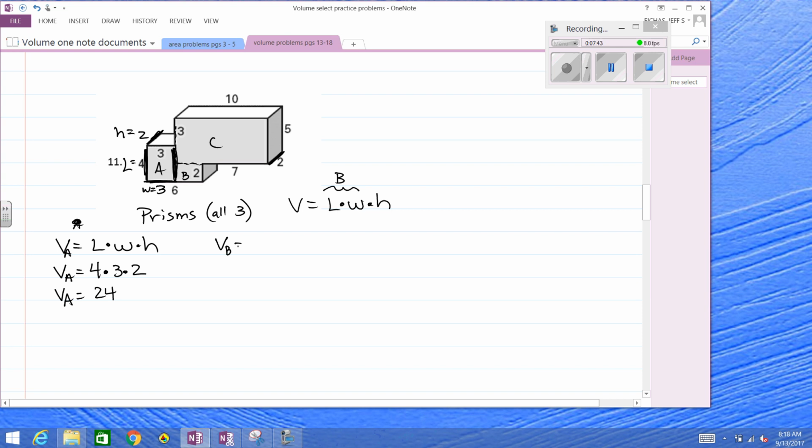For B, a little tricky here. Since this whole thing is 6, and we said 3 here, that's also got to be 3. It looks like a height of 2, or a width, whatever we're going to call that, and then the depth of 2. So, all right, let's go with a length of, we'll call this our length again. Okay, so that's going to be 2. This width is going to be 3, and our depth or height is going to be 2. So the volume of B is 12, and the volume of C looks like it's 10